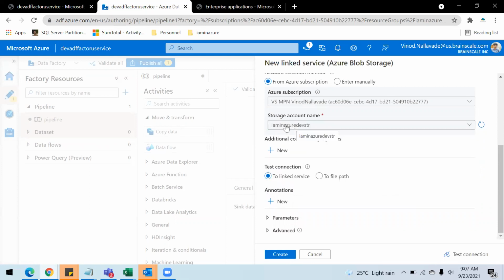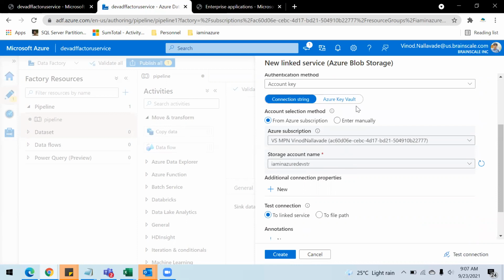If you are using SQL Server as a linked service, then you have to select the subscription, then the SQL Server, then you have to provide the login and password. Similarly, here you have to pass the storage account name. So the end user or whoever comes into this pipeline will be able to know what kind of storage account, what kind of SQL Server, or what is the login username for the SQL Server. Those details they can easily see.